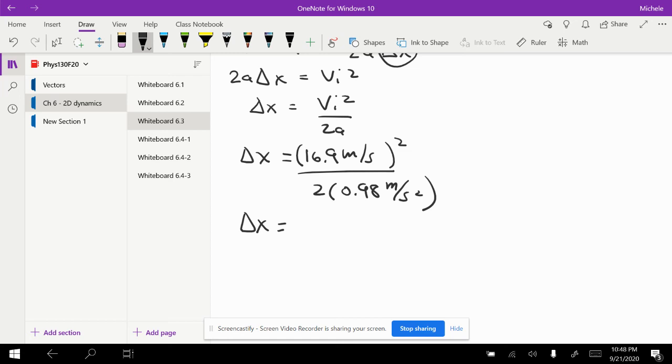So this is going to be 16.9 squared divided by 2 times 0.98. And I get 145.7 meters. And so then if I add that to 84.3,